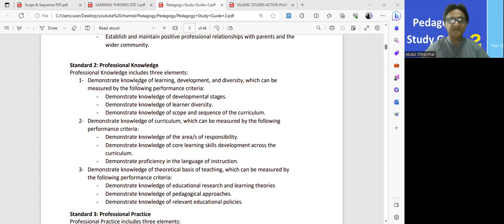Now, the first part is demonstrated knowledge of learning. It means that when a teacher teaches in the classroom, he or she must be aware that learning is happening. Now think about it, just recall how you can measure learning. We have two ways. One is to check the progress step by step by observing classrooms and letting the students demonstrate the knowledge,